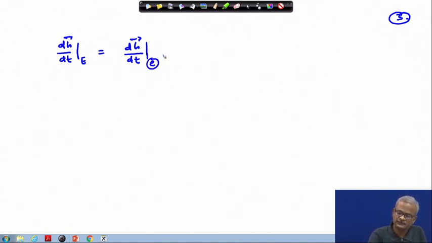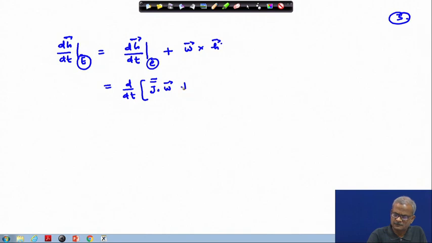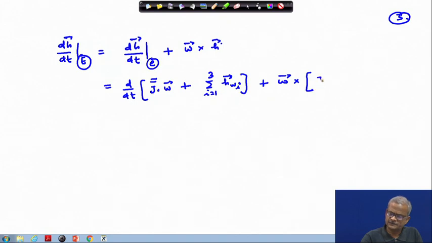I will write it with E notation, this is with respect to the inertial frame, plus omega cross H. Then insert those values, H equal to J double bar, omega cross H, which will be